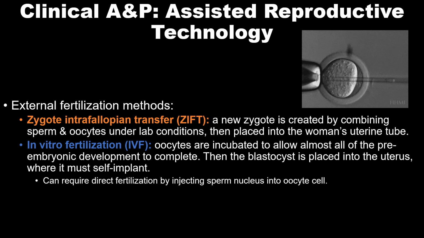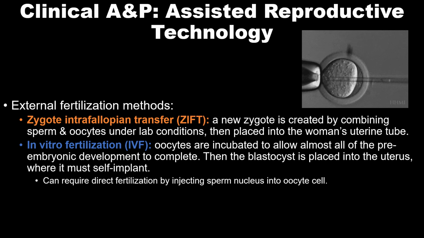Let's say a new zygote has been created in lab conditions, and this zygote is now going to be put into the woman's uterine tube, where it will need to develop into a blastocyst and then implant into the uterine wall normally. There's also in vitro fertilization, which I'm sure many of you have heard of. This is where oocytes are incubated with sperm cells under lab conditions external to the body. Most of the steps of the pre-embryonic period are allowed to complete. So by the time this